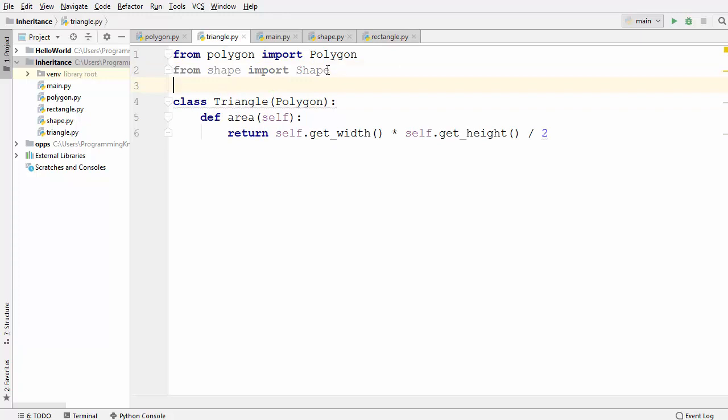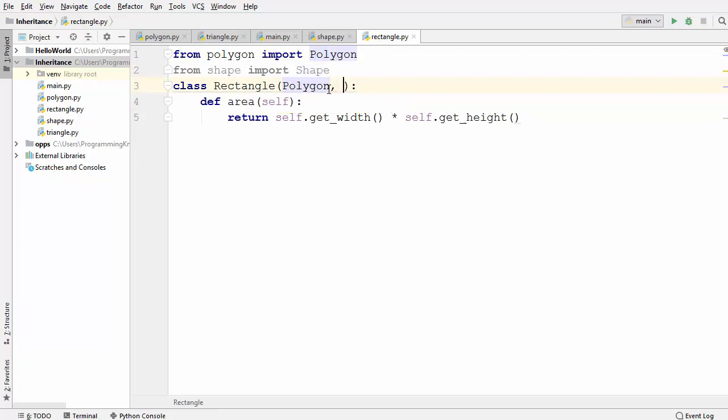And now, how do we inherit from multiple classes in our subclasses? We have already inherited from the Polygon class, and in order to add one more class here, you just need a comma separator and the name of your class. So this is how you inherit from multiple classes. You just use the parentheses and then the names of your classes separated by commas. That means the triangle class is inheriting from the Polygon class as well as the shape class. We will do the same in the rectangle class. I will just provide the comma here, and then write shape here.